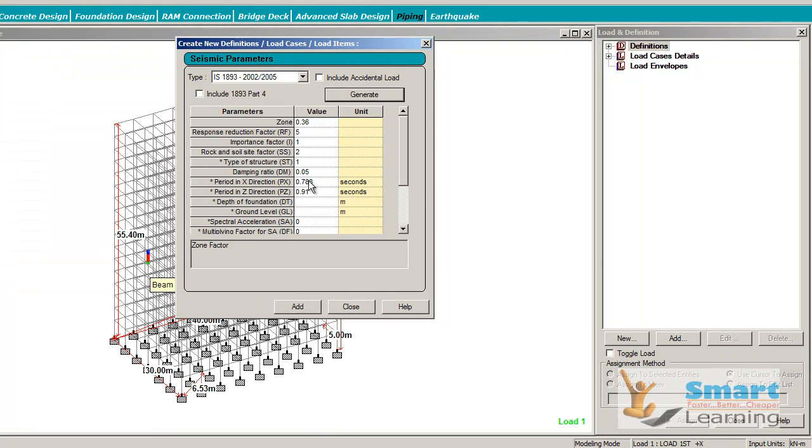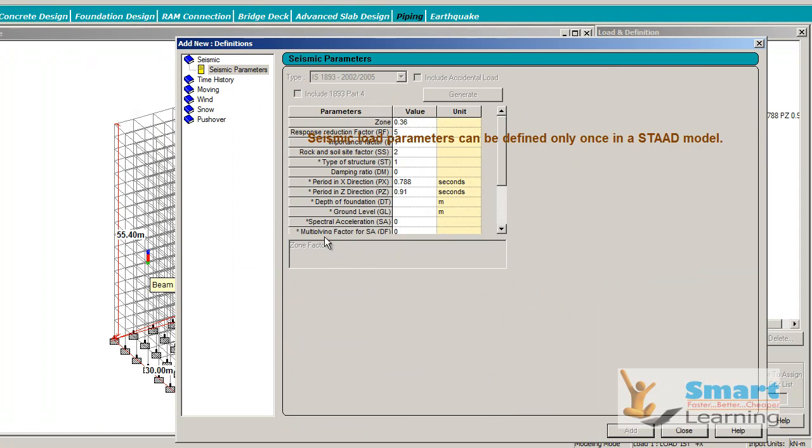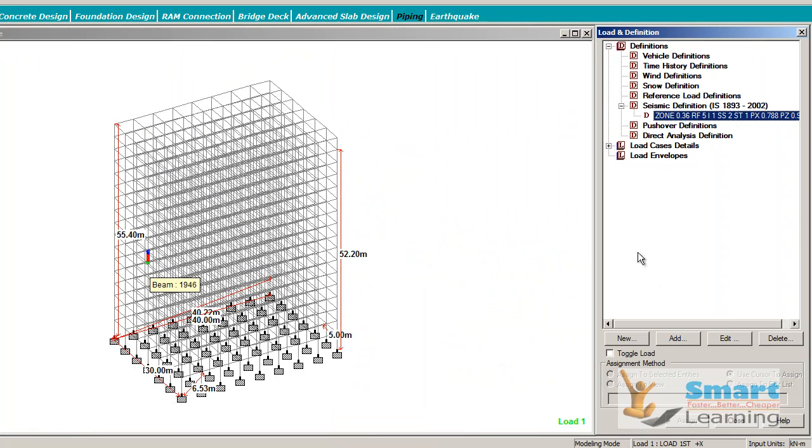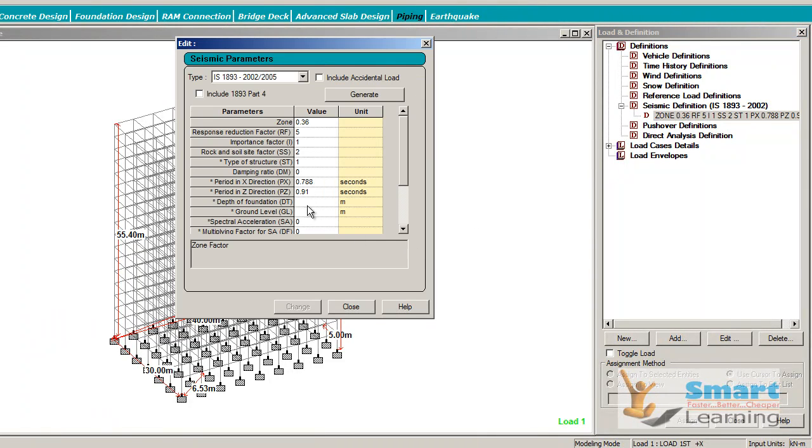When you go to generate, this will be automatically transferred here, and for the damping ratio, as I am using the moment resisting frame, I will go for 0. And when you go to add, this particular definition will be directly added. I am just going to close. This is added here. So based on this particular computation, you are going to activate the numerical computation which you do. This is the final configuration as per the code which you are going to include. And also you can configure here the accidental load, and also the earlier code clause you can mention, but I am just going for this default.